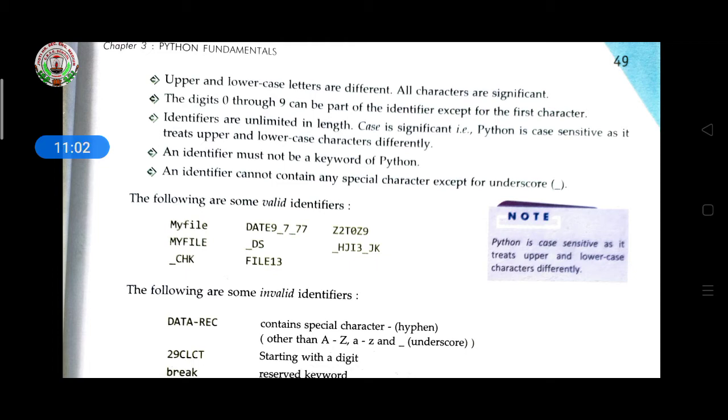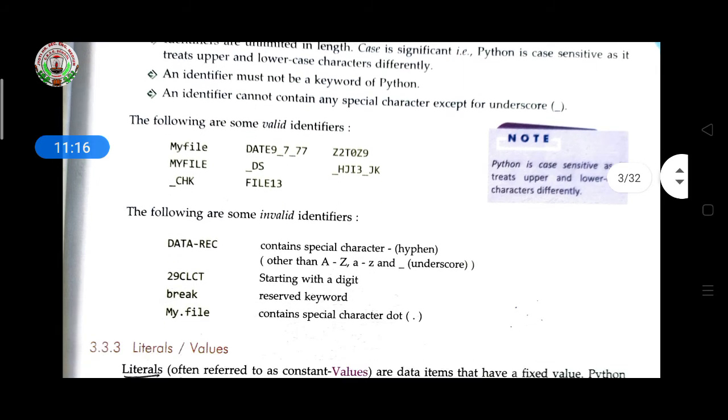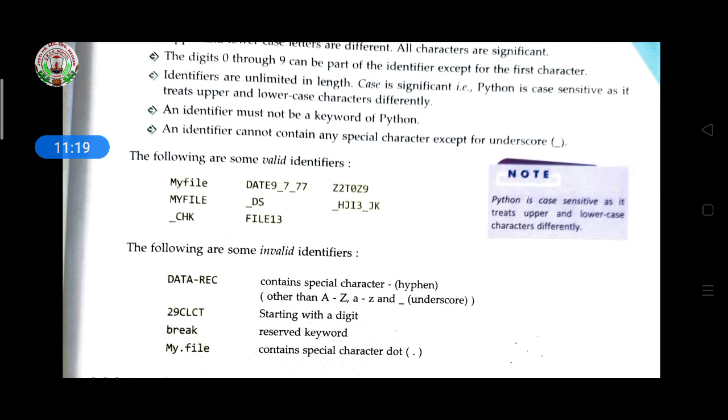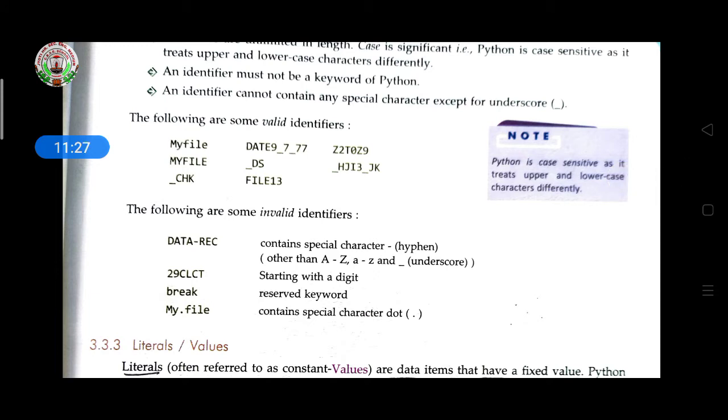So if you are giving an identifier a name, its length is unlimited; you can give any length of name to a variable. And it is case sensitive, so it treats uppercase and lowercase characters differently. Then, an identifier must not be a keyword of Python. We discussed the reserved keywords, and we are not supposed to use them as identifiers.